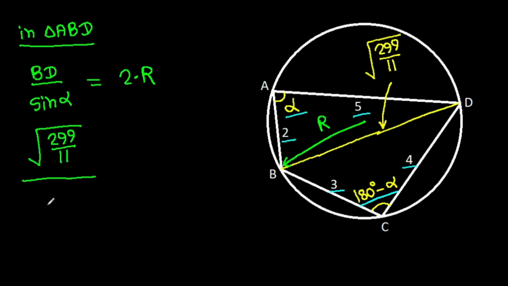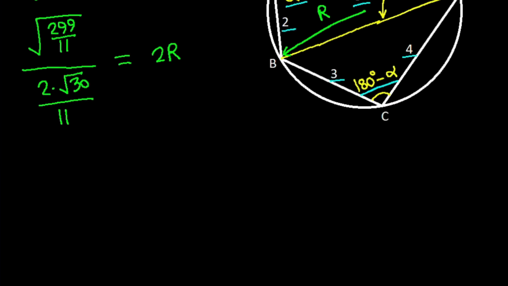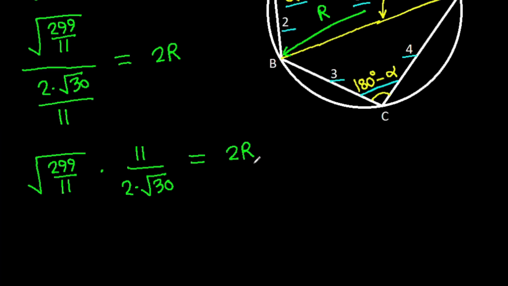So root under 299 over 11 times 11 over 2 times root 30 is 2r,